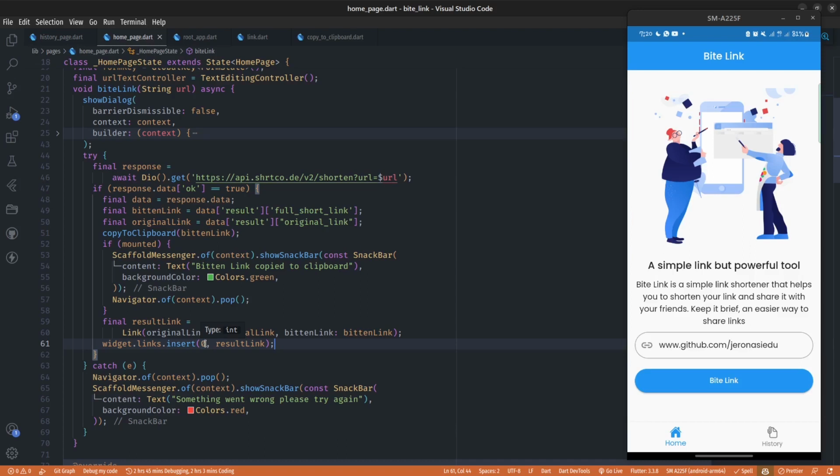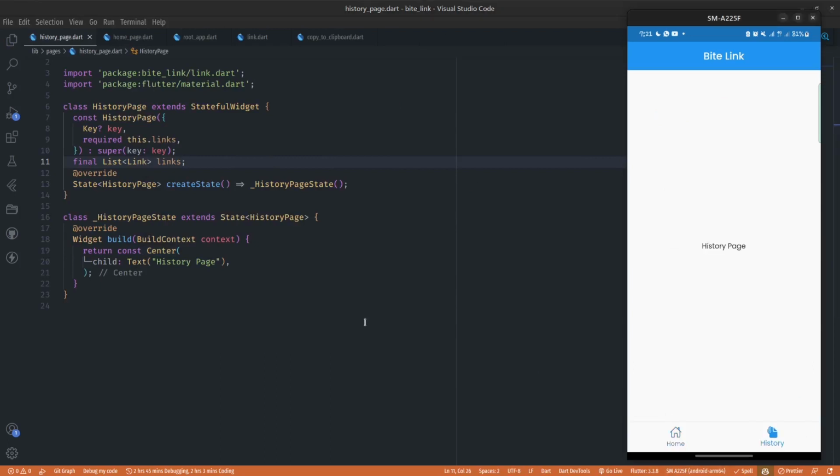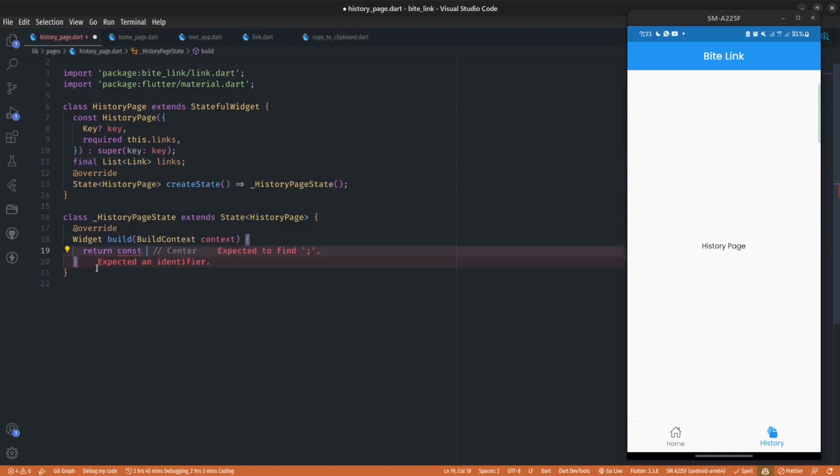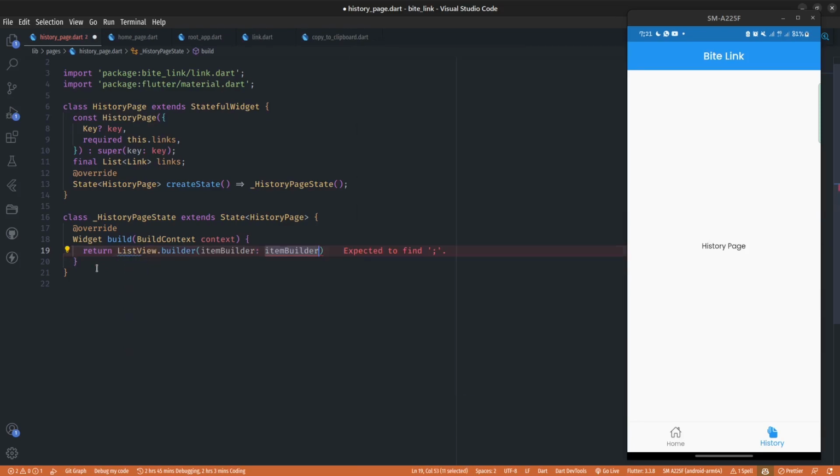Now the next thing is to display this list of links in our history page. So let's go to our history page and then display these links. So instead of returning a text within the center of the page, I'm going to return a ListView builder, because there is a list and I want to loop over this list and return a list style, right? So I'm going to return a ListView.builder,